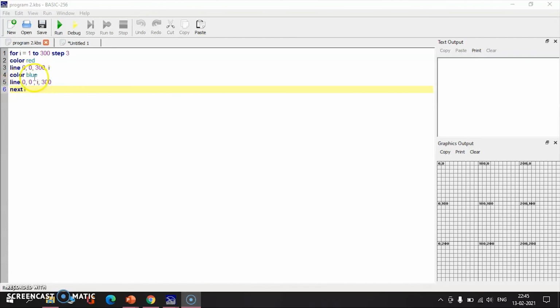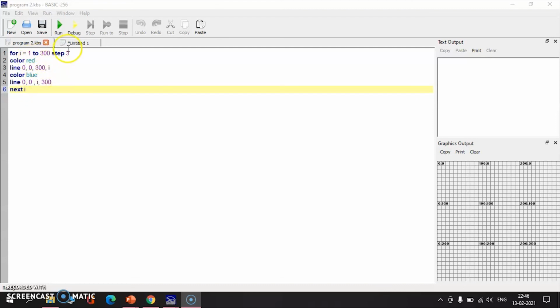And then another color is also going to be visible in the graphics output area, which is the blue color, and for the blue color a line is drawn which also has similar starting x and y coordinate values, taken as 0, 0. Here the finishing x coordinate value is taken as I, which goes from 1 to 300.